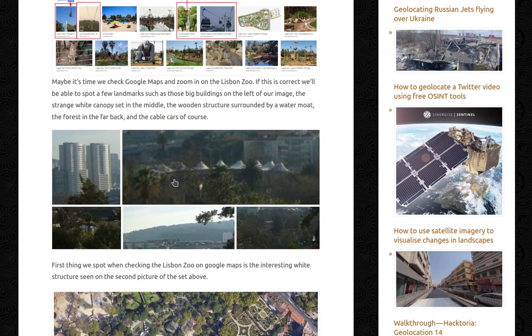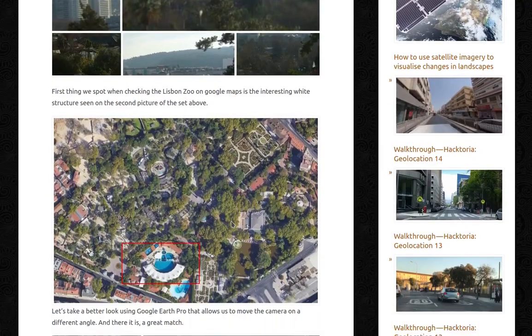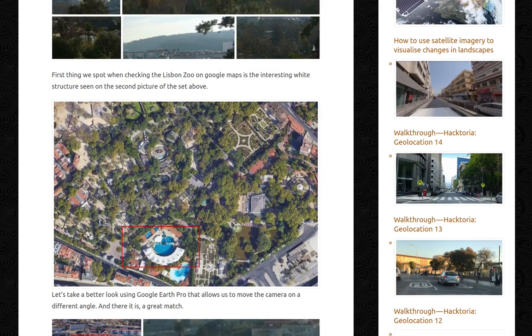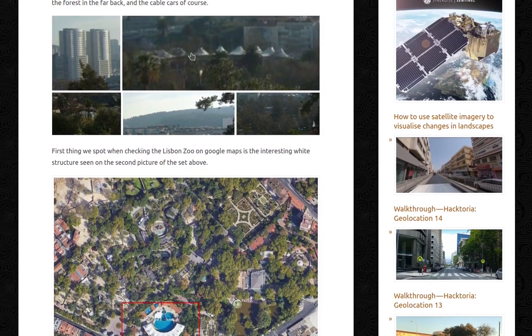If this is correct, we'll be able to spot a few landmarks, such as those 2 buildings on the left of our image, the strange white canopy set in the middle, that one, the wooden structure surrounded by a water moat, the forest in the back, and the cable cars, of course. The first thing we spot when checking the Lisbon Zoo on Google Maps is the interesting white structure seen on the second picture of the set above. So that one,